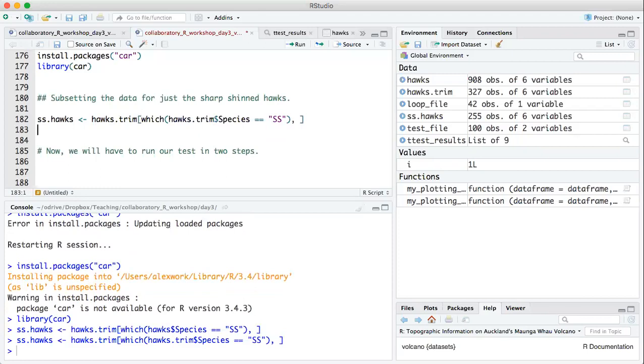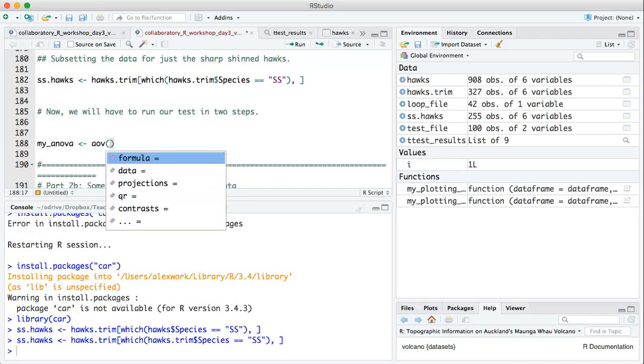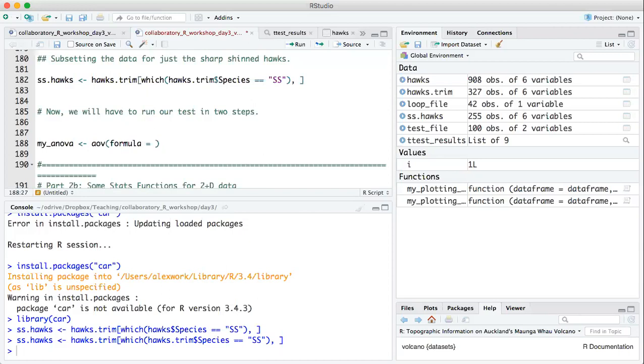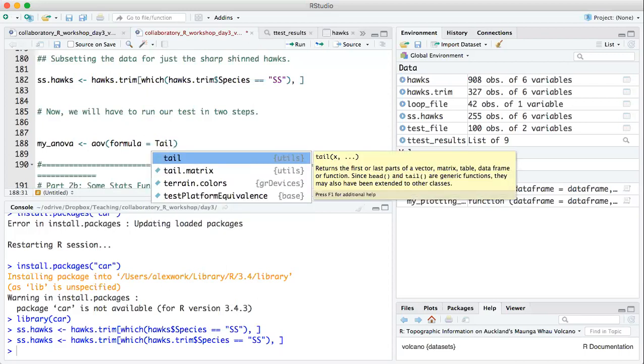Okay. So now for this ANOVA, this use happens to be particular for this case where we have unbalanced data. So first we'll define an object, called an ANOVA object here. So we have my.anova assigned, and then we have aov for the ANOVA function. And then we have to specify a formula for the comparison that we're doing. And this formula is, we're interested in looking at tail measurements and how those tail measurements vary as a result